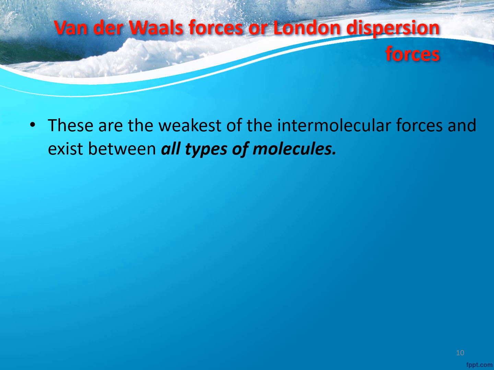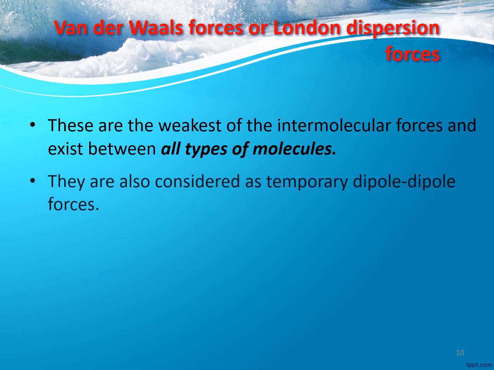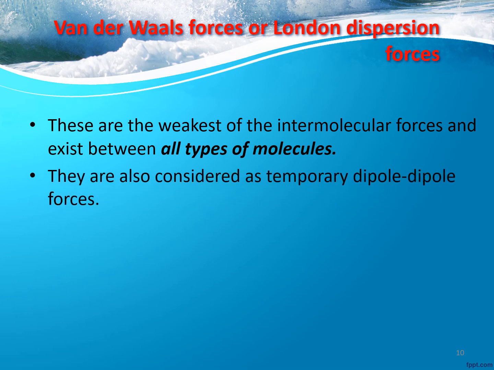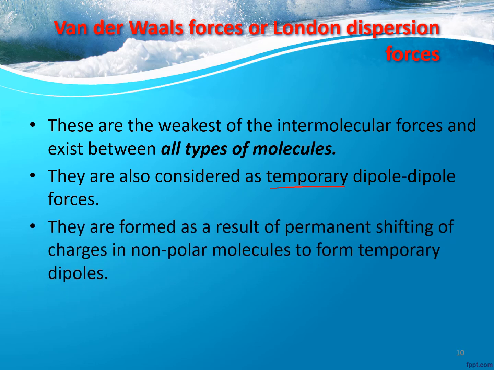They exist between all types of molecules, and they are also considered temporary dipole-dipole forces. Temporary dipole-dipole forces means that the dipole-dipole interactions we discussed earlier are permanent dipole-dipole forces. Why? Because the dipoles are always there in the molecules. But in the London dispersion forces, we don't have permanent dipoles. We have dipoles which are formed as a result of temporary shifting of charges in non-polar molecules to form temporary